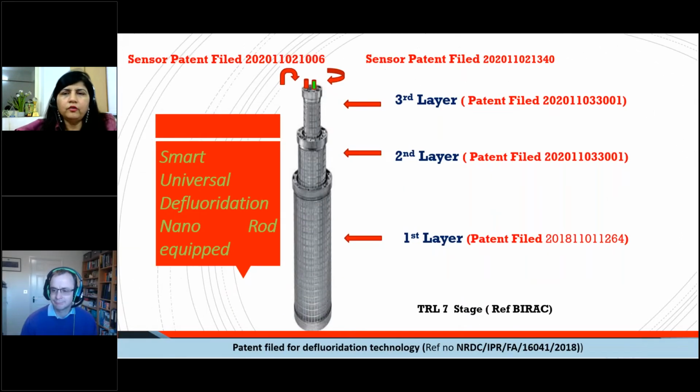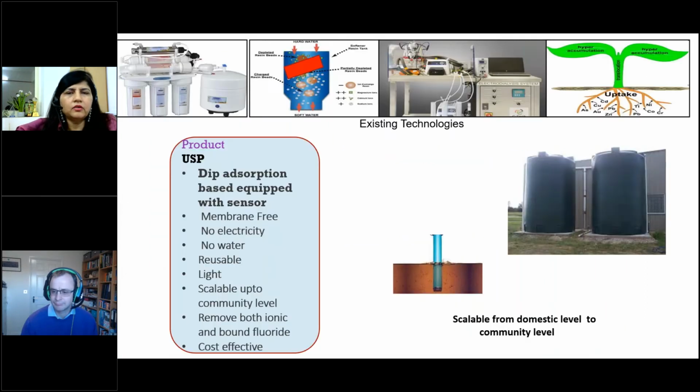So we have come out with a smart universal defluoridation nano rod equipped with a sensor. This technology is membrane free and does not require water and electricity for operations. It is reusable, light, and scalable up to the community level, and we can place it in a 300 or 500